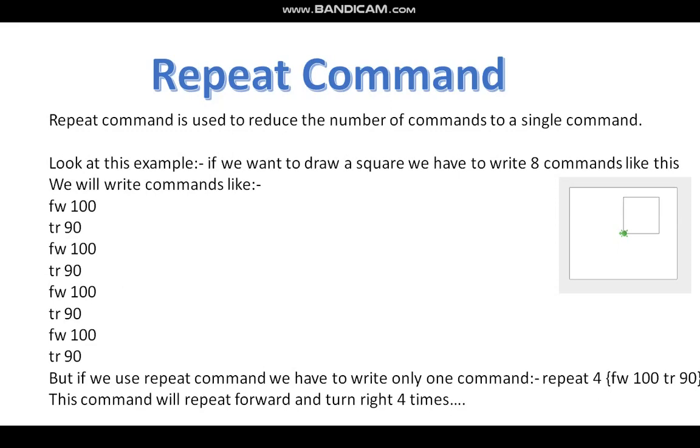For example, if we draw a square, we have to write 8 commands like this: forward 100, TR 90, forward 100, TR 90, forward 100, TR 90.